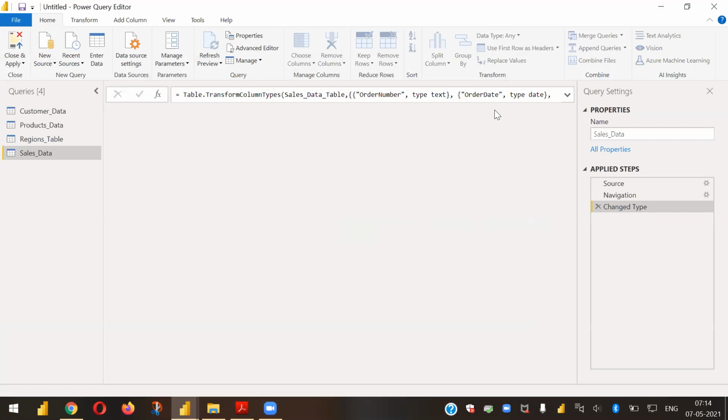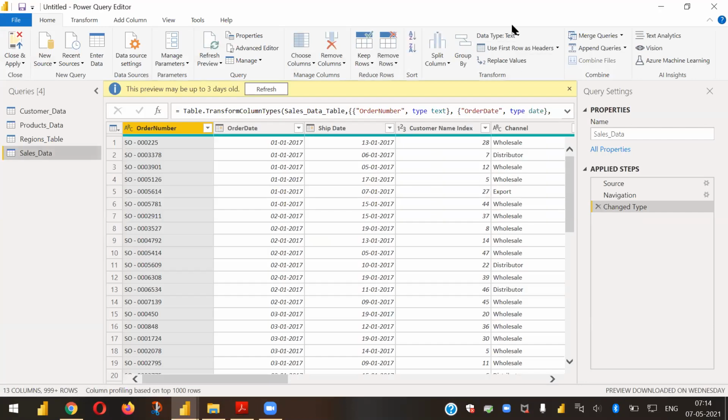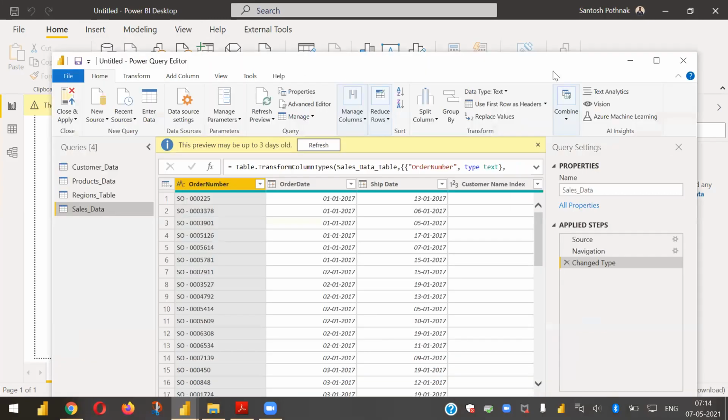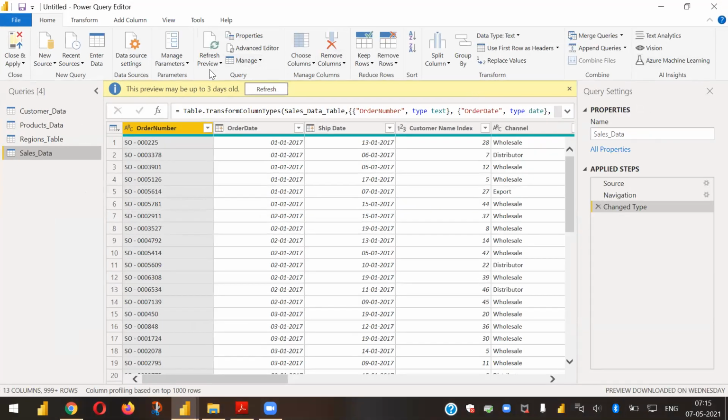Like I told you in the last session, when you click on Transform Data, a new window will pop up. Like you can see, this is a new window, keeping the other window as it is. This is called the Power Query Editor. The data here is now available for undergoing different kinds of transformations. Because the Power Query Editor is meant for transformations, we'll do a lot of data cleaning activities. It's kind of an ETL tool. This part is kind of an ETL.